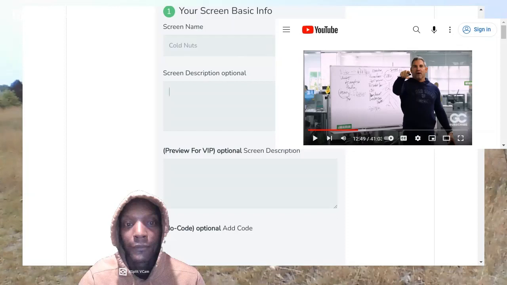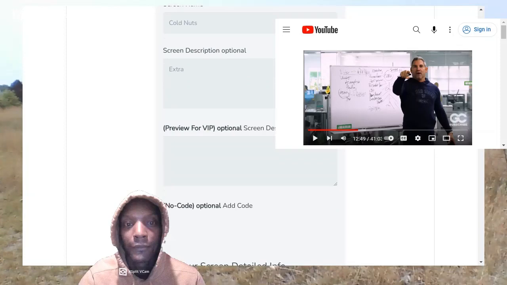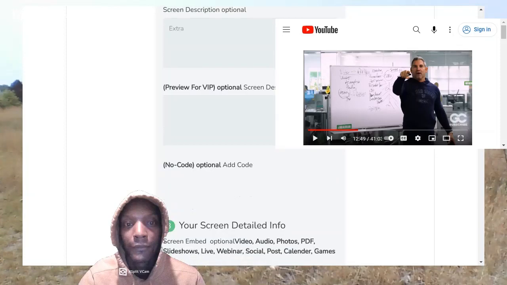Alright, this is where the content is for you and private use or unlisted use per se. So you could write extra. This will not show up on the default display. And then we have password enabled protected pages.